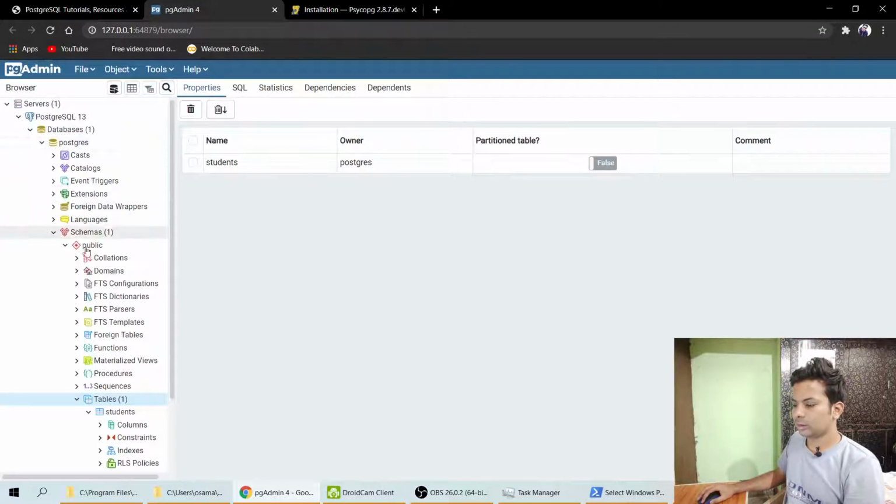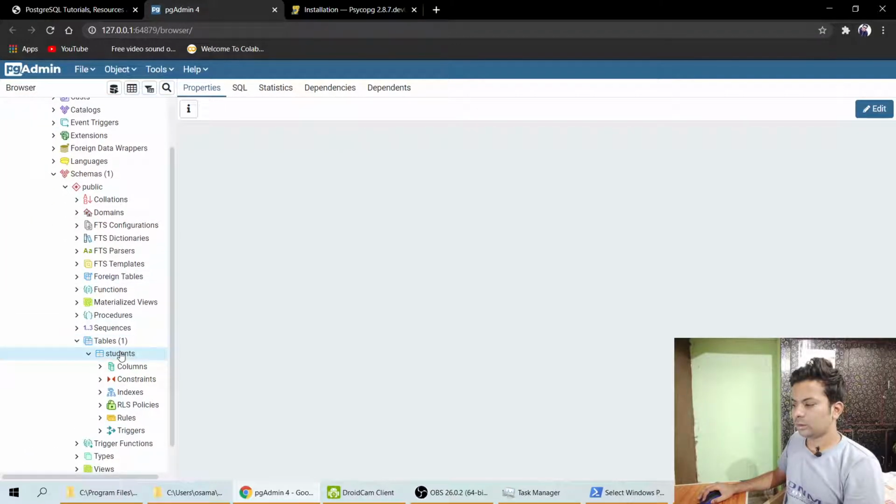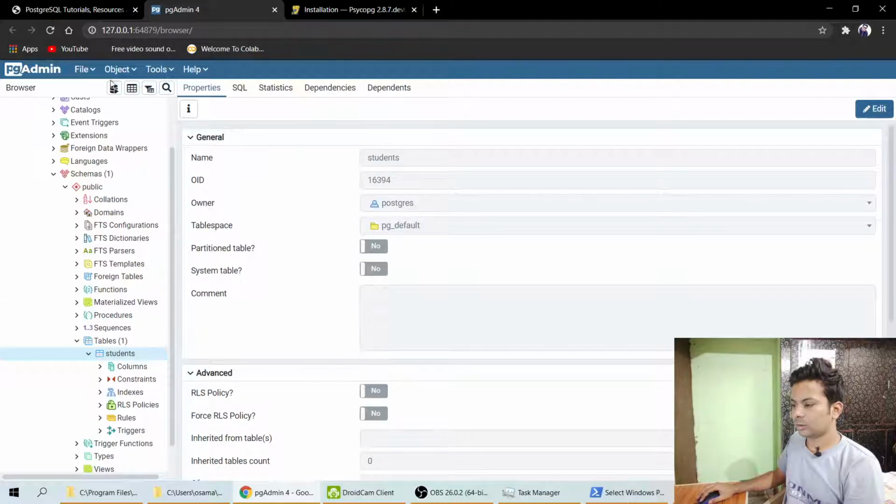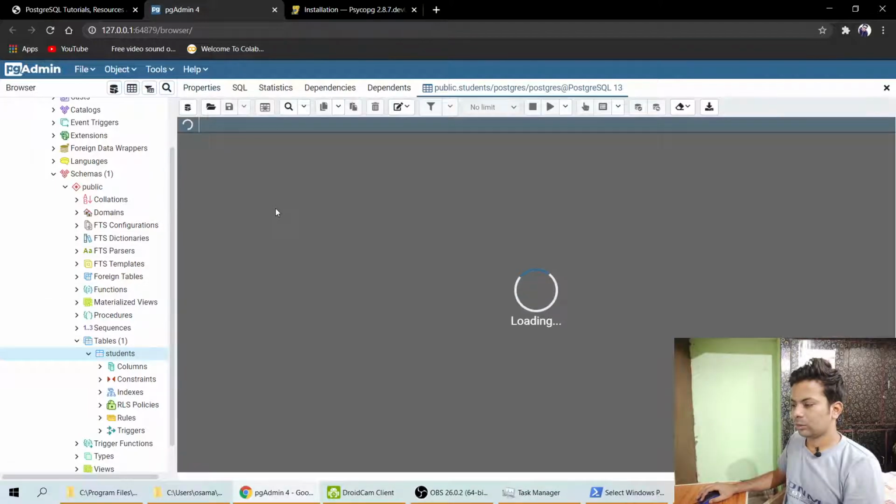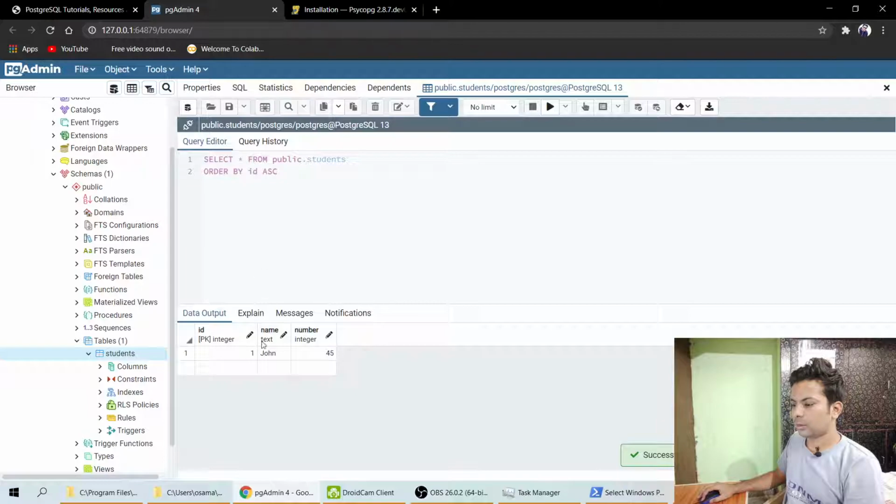Servers, tables, students. Okay, see, you have to just click here and it should show you. We told it ID should be one, name should be John, and number should be an integer, like 45. Okay, this was our table.